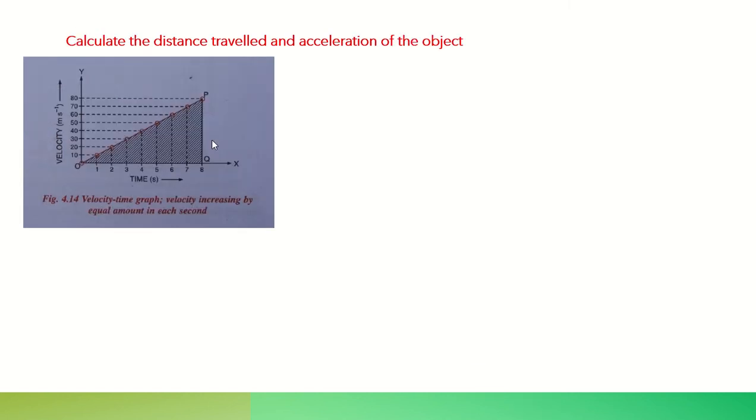This is another type of graph. This is a simple one. We have to calculate the distance traveled and acceleration. So this graph is just a straight line graph for uniform motion. So its velocity is changing continuously along with time. So distance traveled, the formula for distance traveled is equal to, here we don't have to worry about the negative axis, right? The graph is only on the positive axis and it starts from the origin.